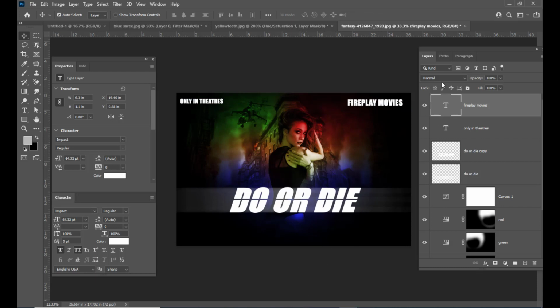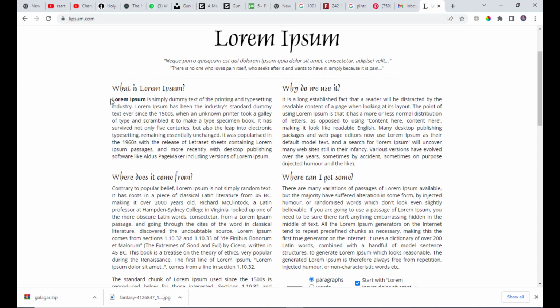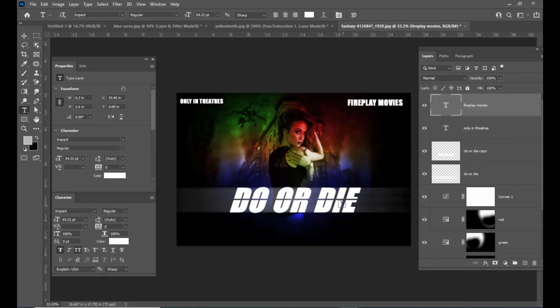And what we can do is we'll just put some extra content at the bottom, and we'll put some dummy content. It is about the crew of the films, the directors, the producers, the names of directors and producers. So what we can do is we'll just go to this website lipsum.com and we can get some dummy text from this website. Just we'll select till here and we will select the type tool, create a text block at the bottom,